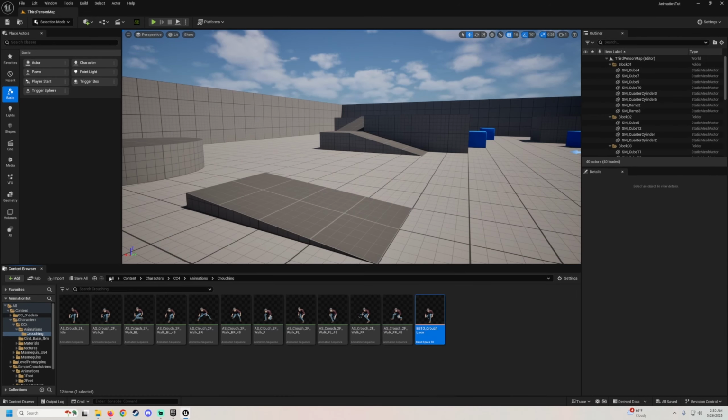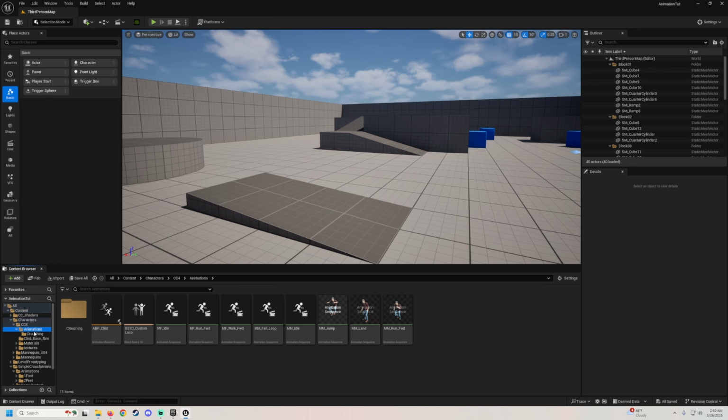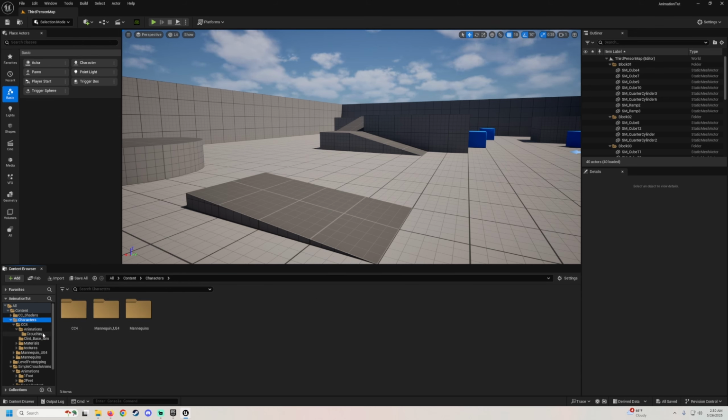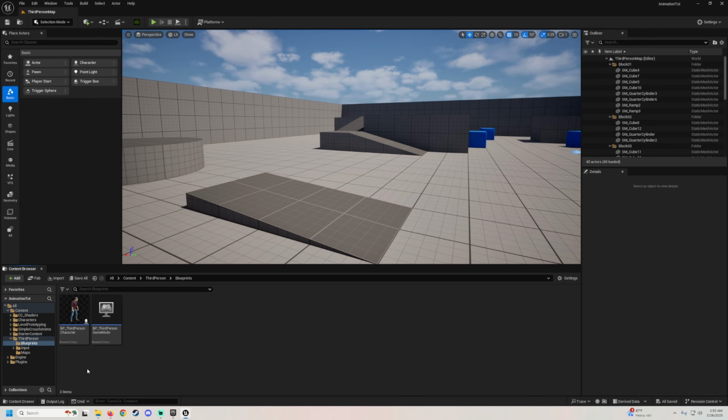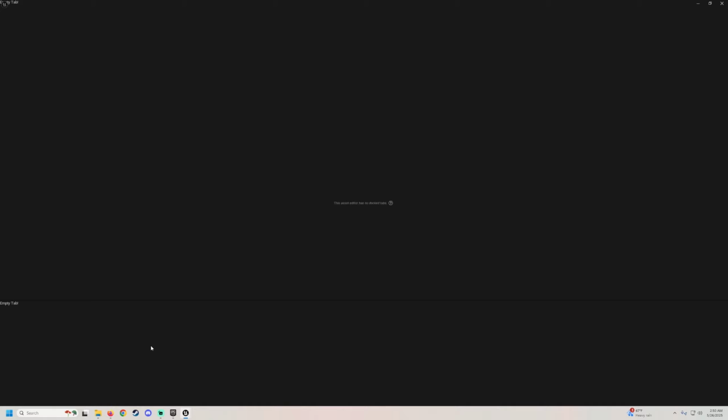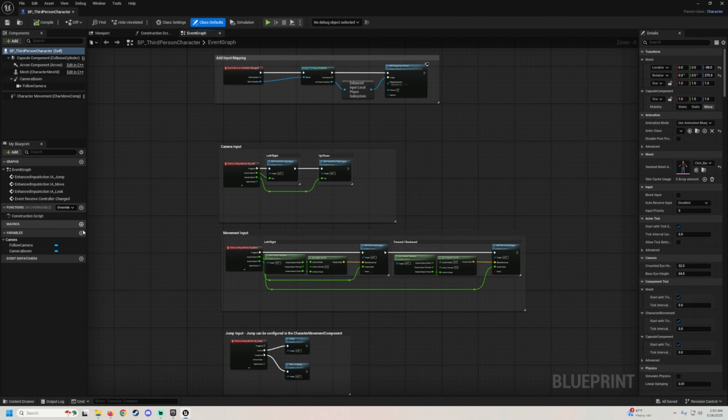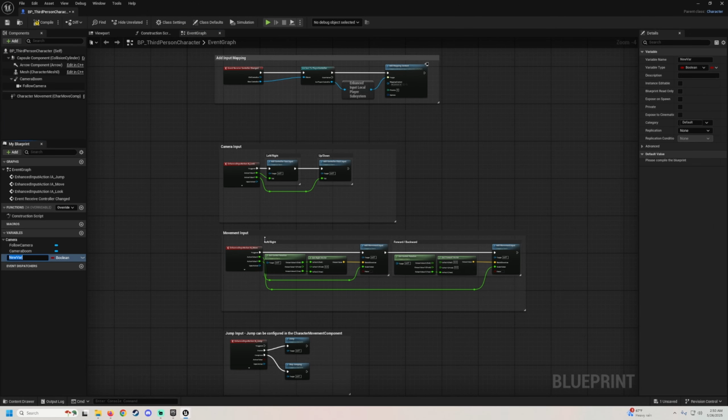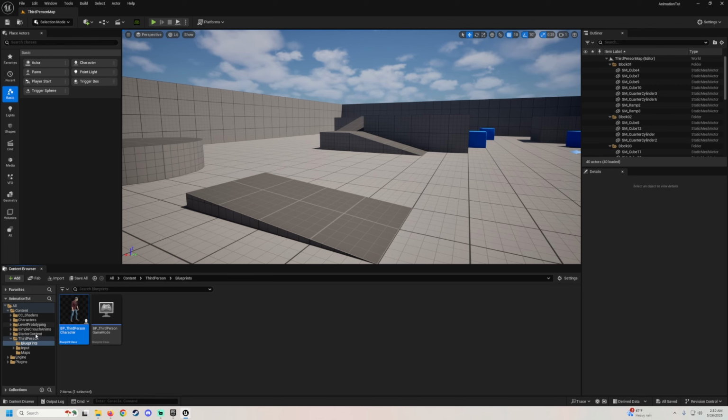So we'll close this guy, and next thing we need to do is we're going to go ahead and somewhat start on the functionality because we need some variables to get our animation blueprint set up. So I'm going to go into the third person character blueprint, and we're going to make a variable here called is crouching, and we can compile that and save it,